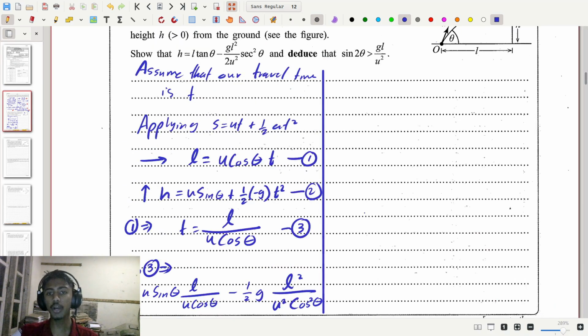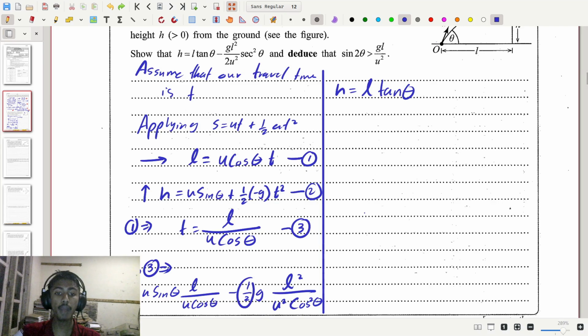Now if you simplify this down here, we can see we have h equals, and on the other side we have u, and we have divided by u here, which we can cancel out, leaving us with L times sine theta divided by cosine theta, and sine theta divided by cosine theta is tangent of theta. Therefore the first term here is h equals L times tangent of theta, and then we have minus this whole